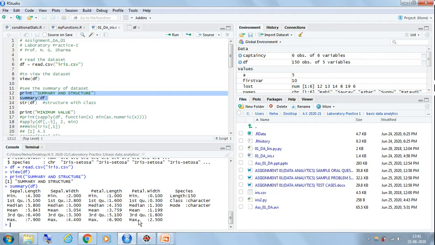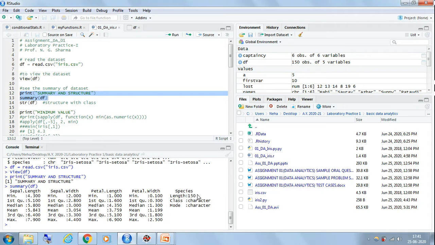Okay. Now you can see here the summary information is only displayed for the first 4 columns and not the last column of species. Why is this so? Because species is not a numerical variable or numerical attribute. It is a categorical attribute, right? So here it is showing length is equal to 150. That indicates that there are 150 records in our input file.